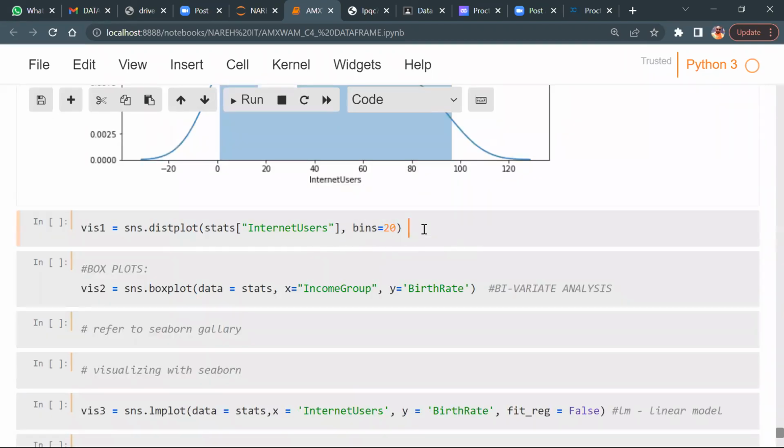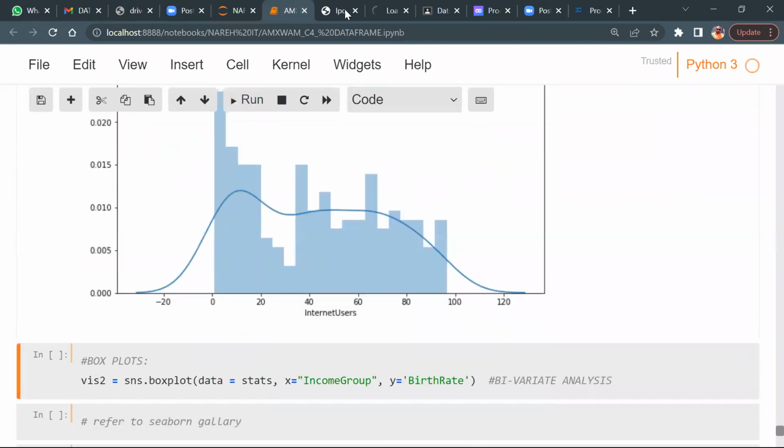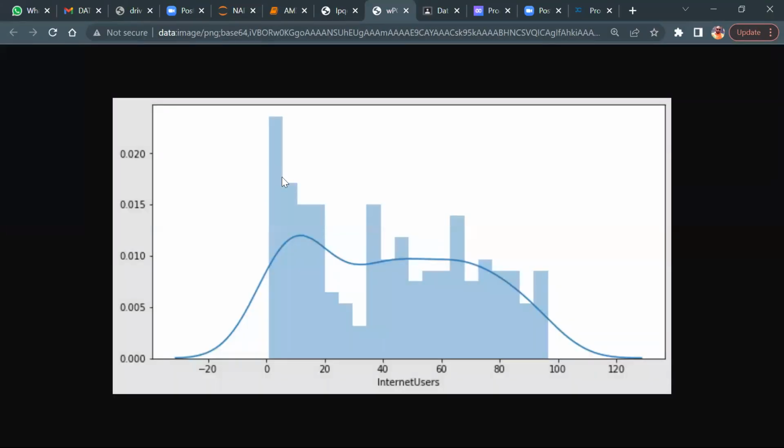When I say bins equals to 20, what exactly do I mean by that? Let me run this one. 1, 2, 3, 4, 5, 6, 7, 8, 9, 10, 11, 12, 13, 14, 15, 16, 17, 18, 19, 20.